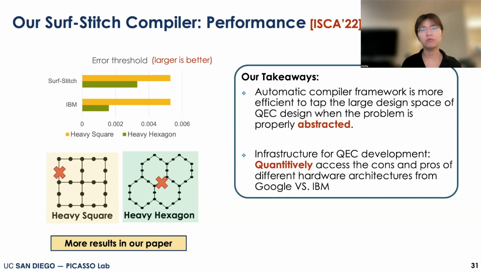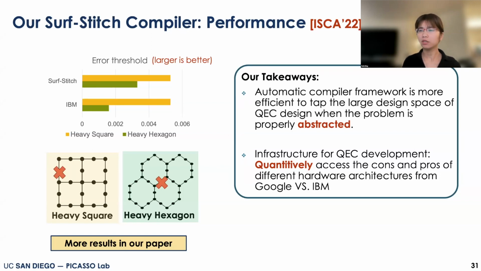I also want to mention that some people may feel that with physicists improving their hardware, maybe one day we can directly make this kind of 2D lattice structure, and then your framework is not useful. But I have to say that is not the case. Even if you can make a 2D lattice structure, it's possible that some of the qubits are failing, and the ratio could be high sometimes. That will lead to a non-perfect 2D lattice structure, and our compiler can still handle that. Generally speaking, I think our compiler really built the first infrastructure for QuCS development.